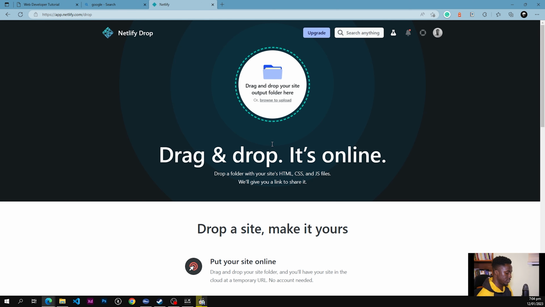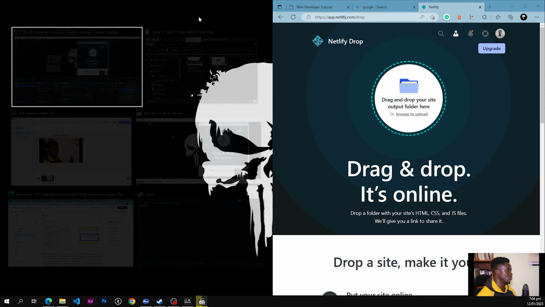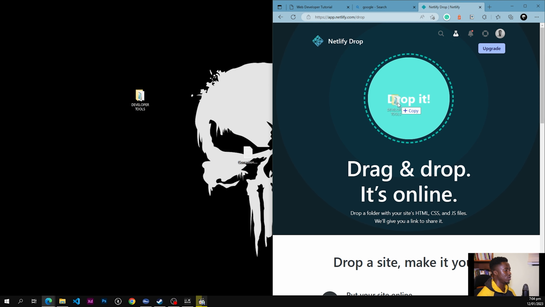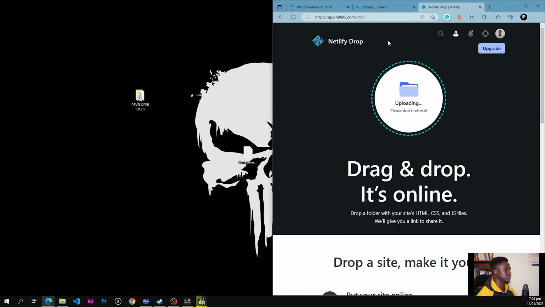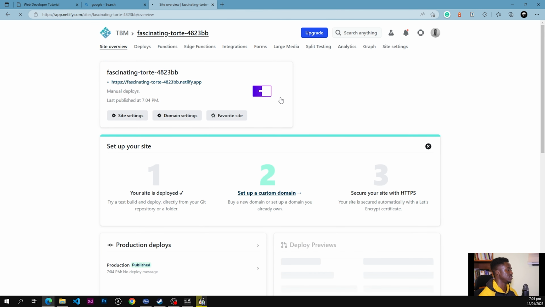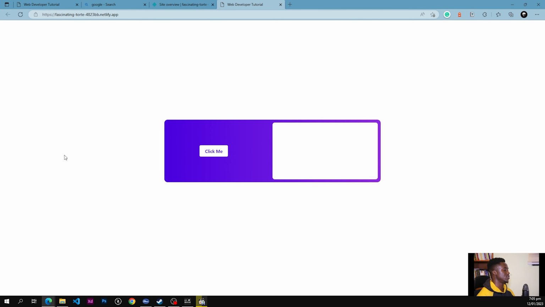It then brings you to this interface, and it's so simple. All you have to do is to drag your project's folder onto the website, and it's going to upload that folder for you and bring you to this page. Now, if it brings you to this page, what it means is it's hosted the site for you. So you have to reload to see that the site has been hosted. Now, you either click on this link or click on the picture, and it will bring you to the site